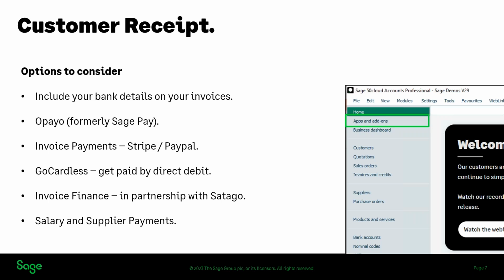So one, to help you get paid just that little bit quicker and easier, make sure you get your bank details on your invoices. Your customers can pay you online then. Saves them ringing up. Might be something that is a glaring omission from your invoices. But there are other